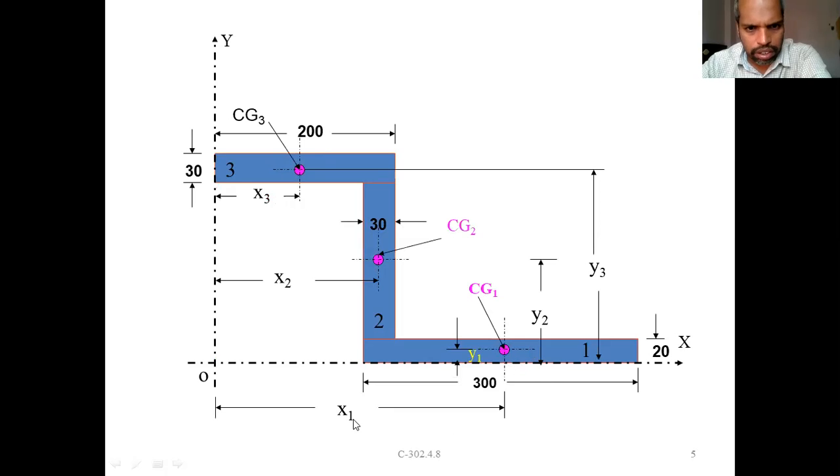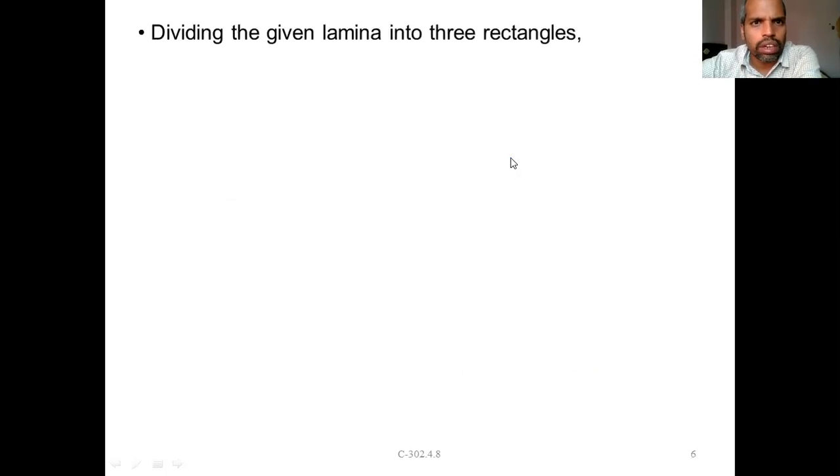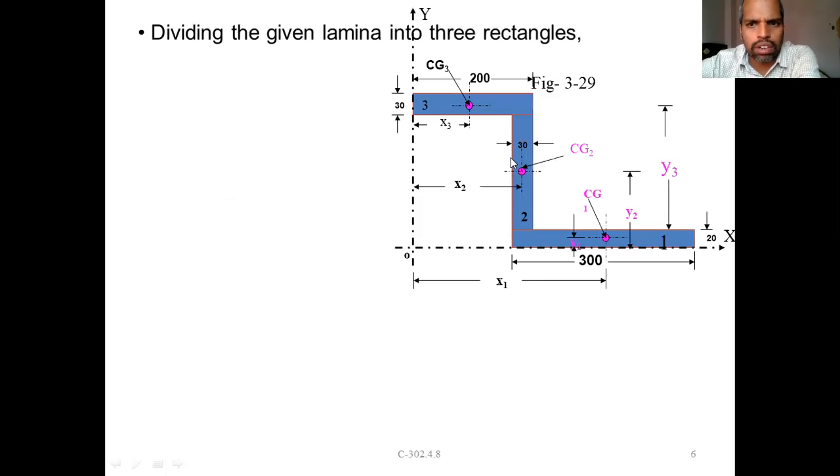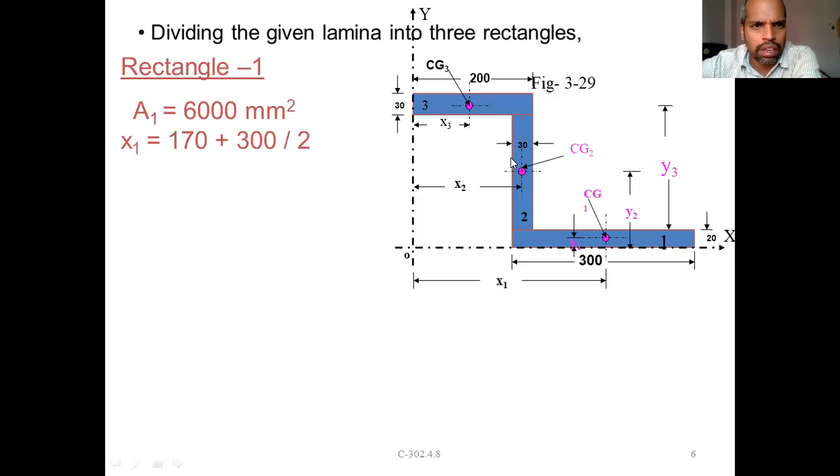So from here to here it is x1, here to here it is x2, here to here is x3, and similarly here to here it is y1, and here to the centroid is y2, and here to the centroid is y3, right? Now you got the x1, x2, x3, y1, y2, y3. Dividing by lambda, and this is a procedure, of course. So same figure here, you can replicate it.